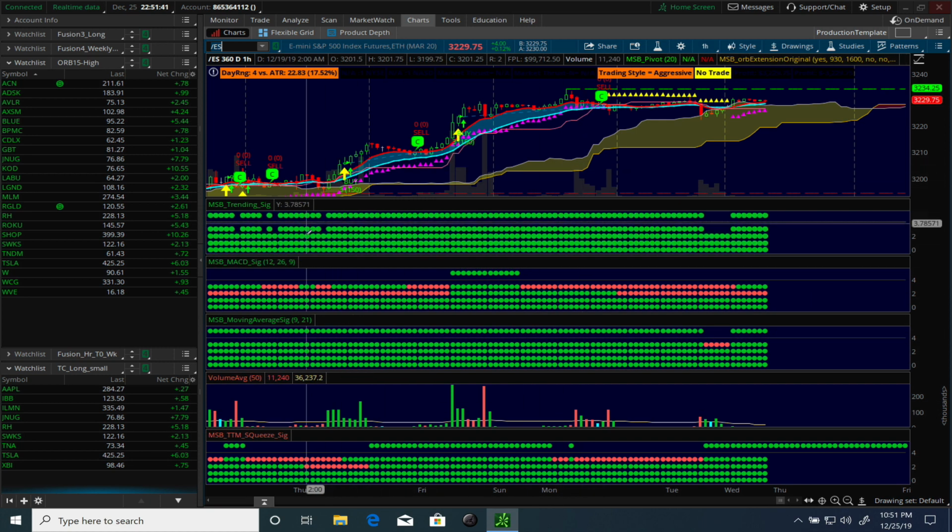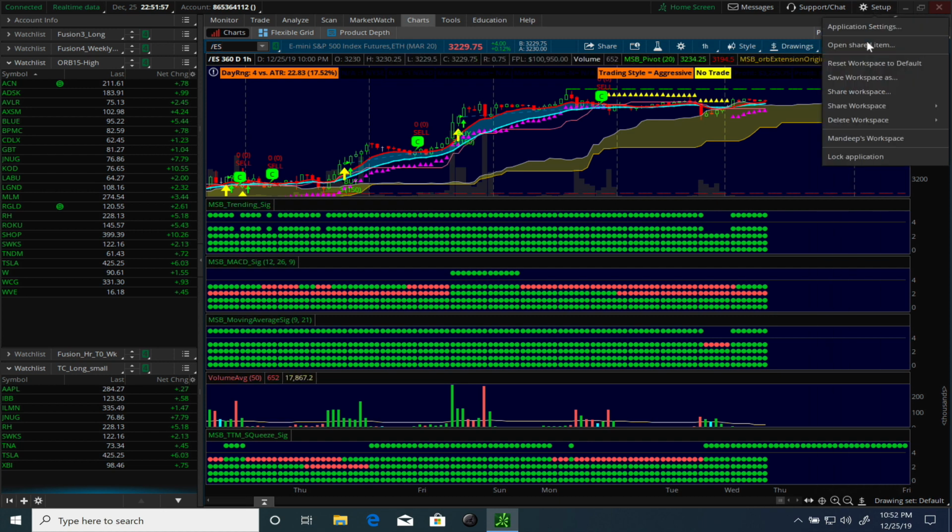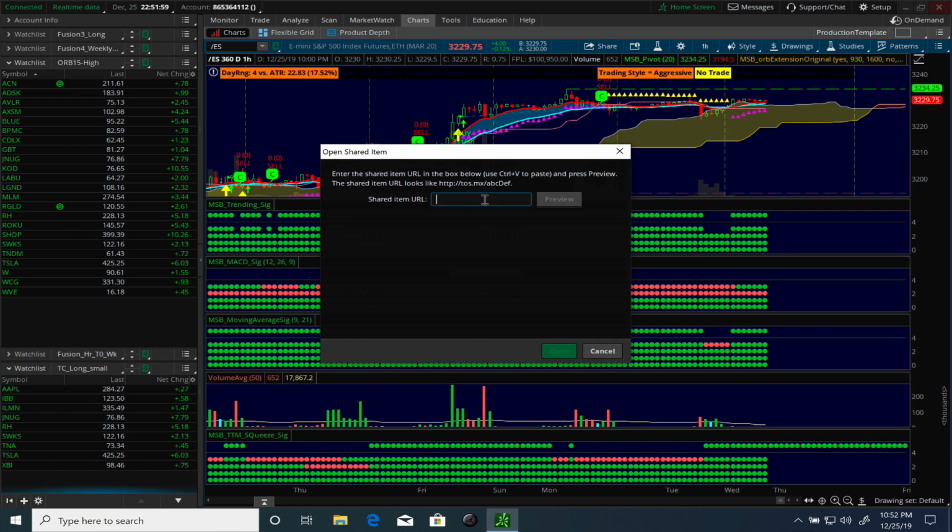Now, this is the standard template, and if you are a new buyer or a new customer, this is exactly what your interface was going to look like. And if you go to my website and buy the product, the simplest way, obviously, is to go into the setup, and you will click on the open shared item, and there's a URL. You will paste the URL in this, save it, and you'll be able to then get a